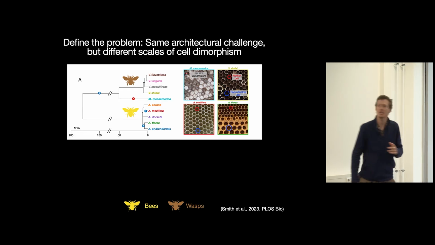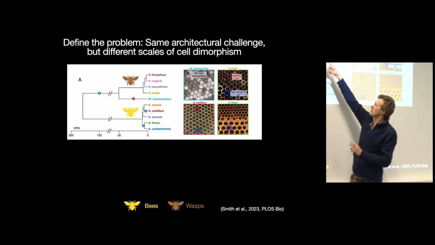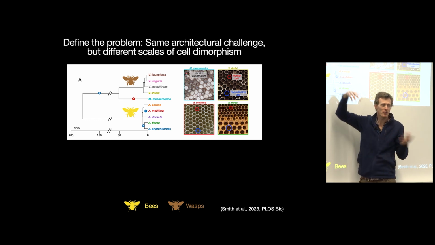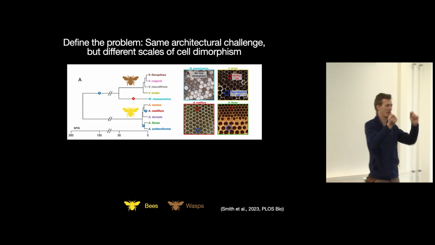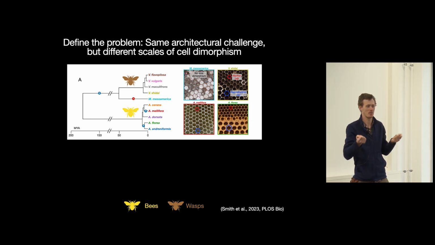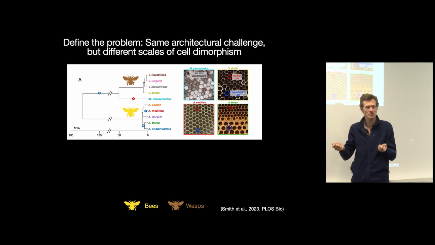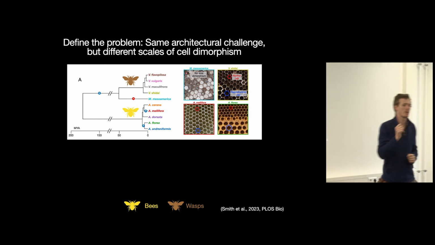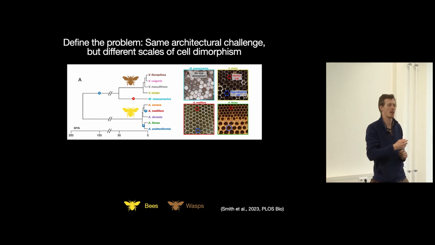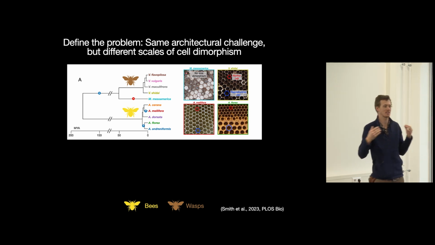And here's a phylogeny of those different species. So they're independent evolutions of hexagonal cells. I use brown to indicate paper for wasps versus yellow for wax to indicate the honeybees. Originally, I had illustrations of bees and wasps, but I realized that probably no one would tell the difference. That's fine. And the shared challenge that they're all going to have is that for many of these species, the reproductives are larger than the workers, and therefore they're going to have to incorporate those different size hexagons into the same lattice. So that's the similar problem, even though they are different groups.